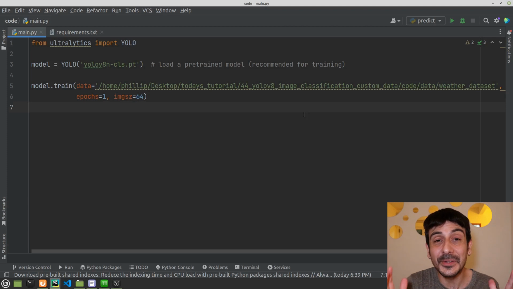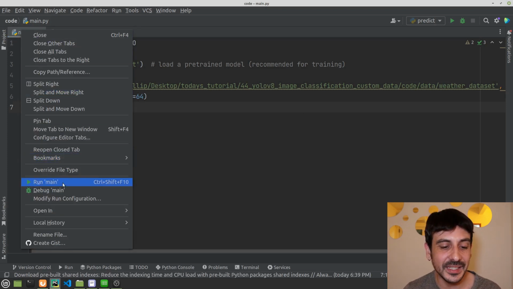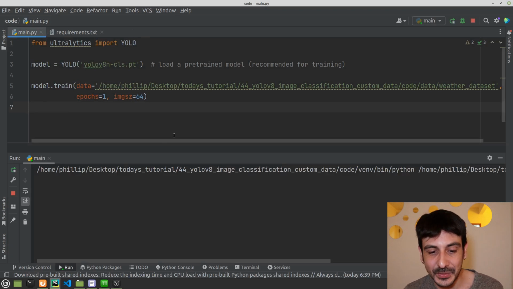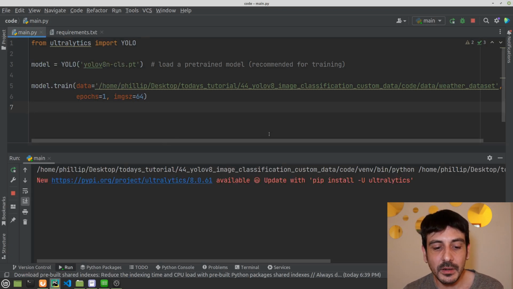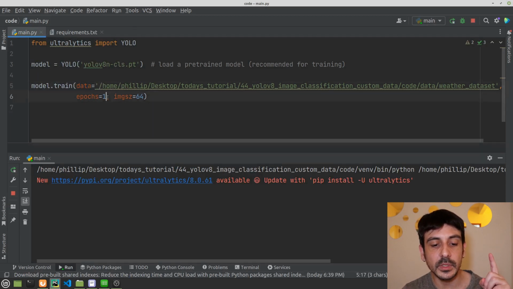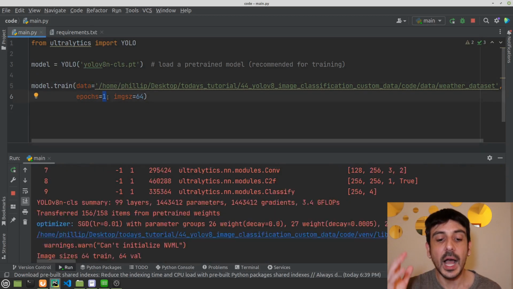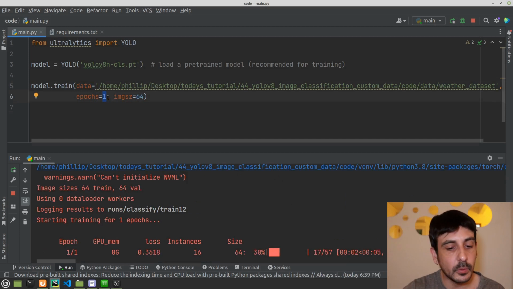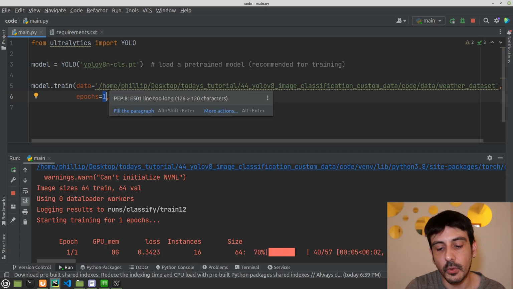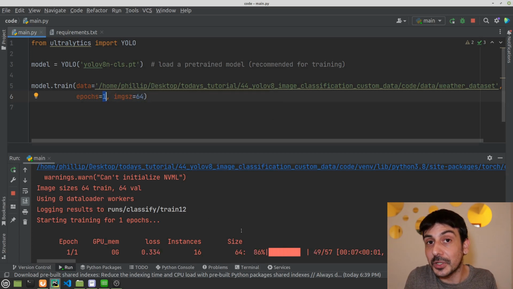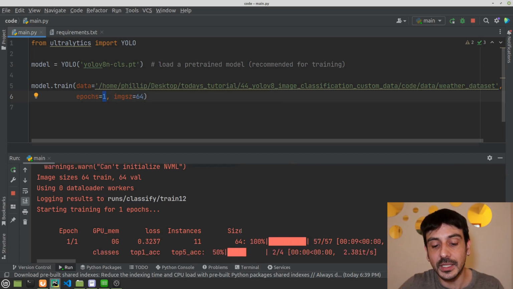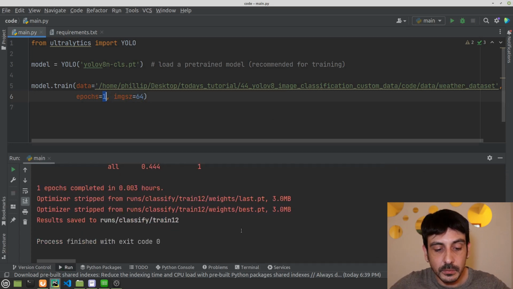And that's everything we need in order to train this image classifier. So the only thing I'm going to do is press play. I'm going to run this script. So let's see what happens. Remember, we are running this training for only one epoch because we need to make sure everything works properly, and once everything is working properly we are just going to edit this value and make this training for more epochs. But you can see everything seems to be working properly, everything seems to be completed and ready.